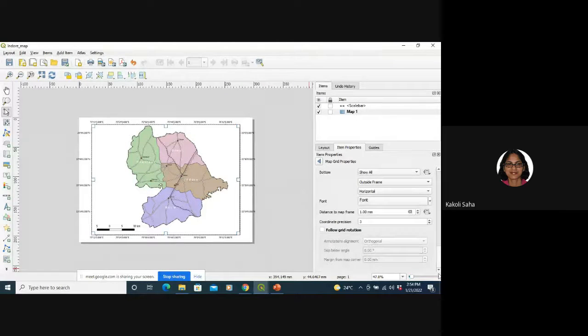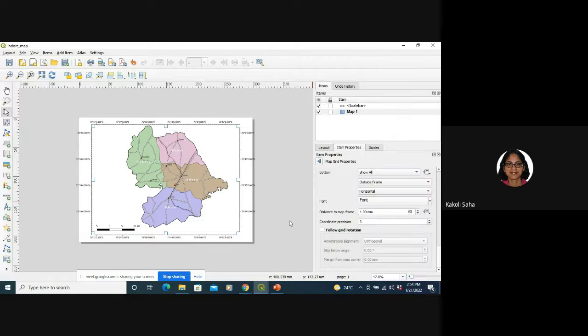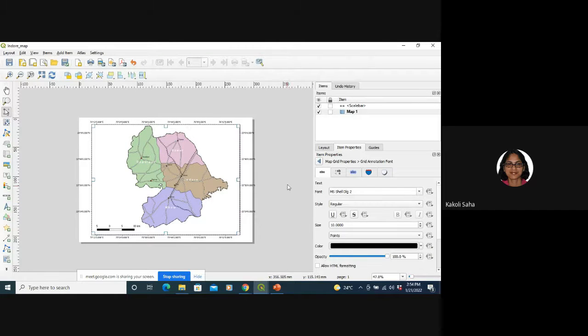So it will let you configure the font also, like this here, the font. And if you click the triangle over here, then the configure format. And it will let you configure the format, like the style and the size and the